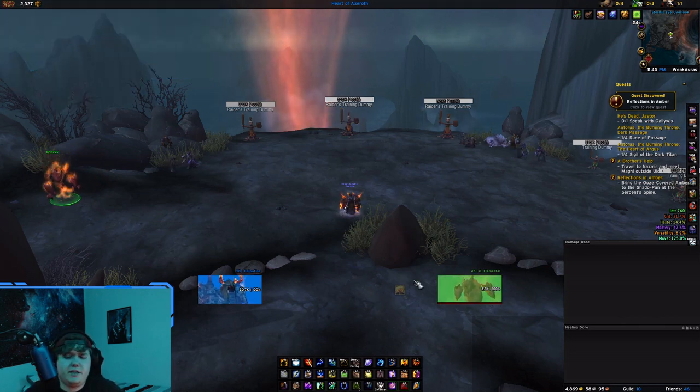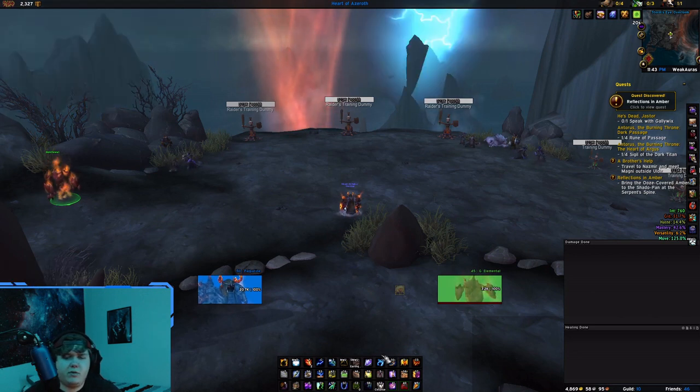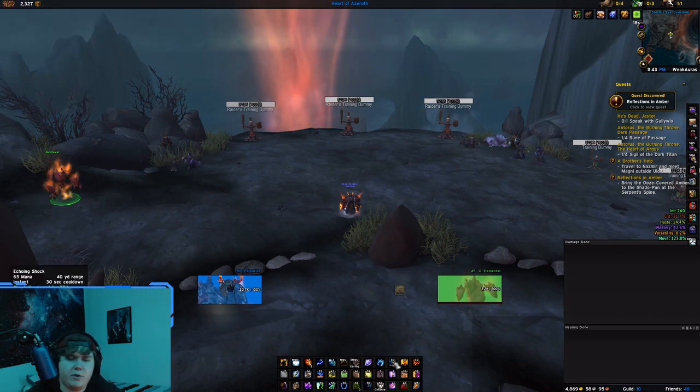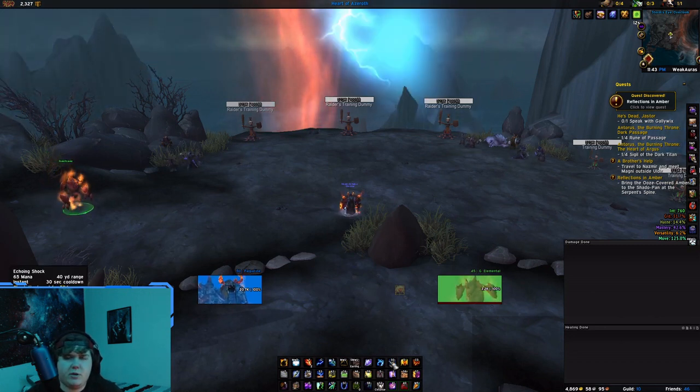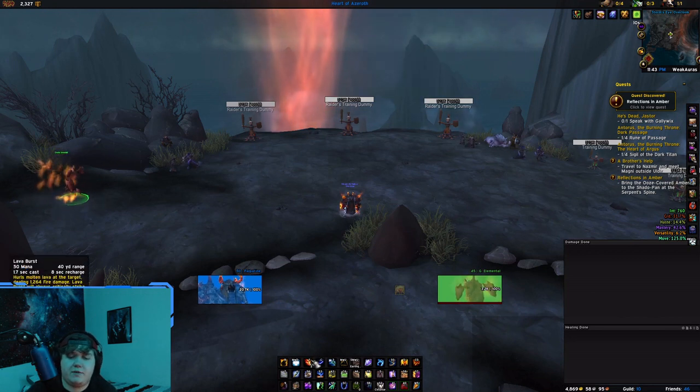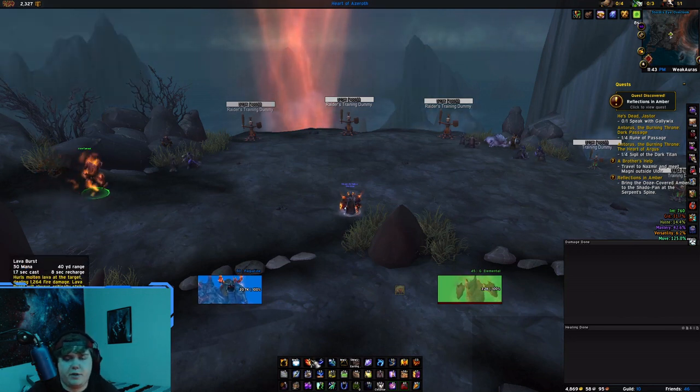If you don't have access to Stormkeeper, which you won't because Echoing Shock has a 30-second cooldown while Stormkeeper has a 1 minute, so every 2 Echoing Shocks, you'll get a Stormkeeper, basically. So when you don't have access to that, in single target, the most important ability that you can replicate as of right now is going to be Lava Burst. So,